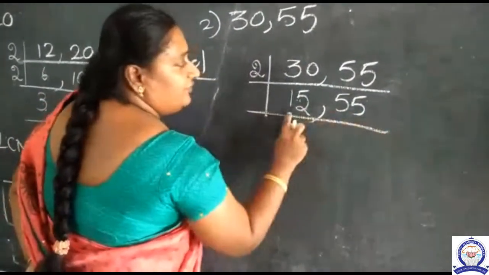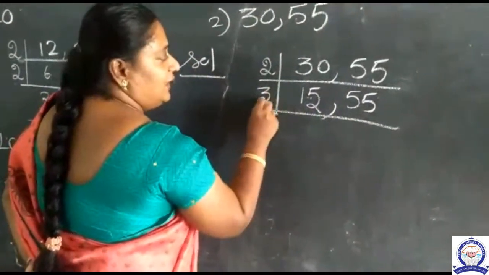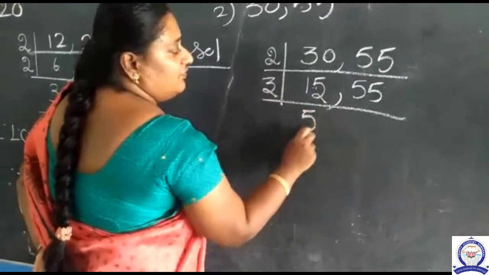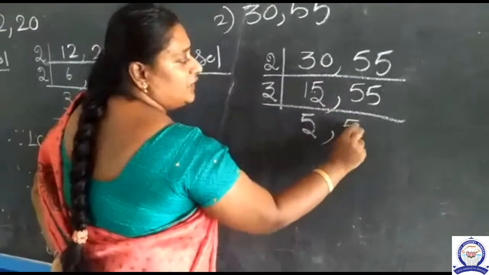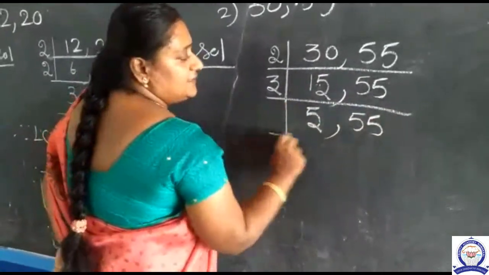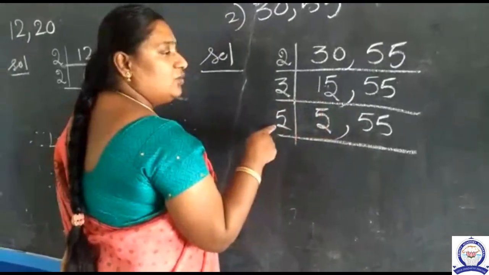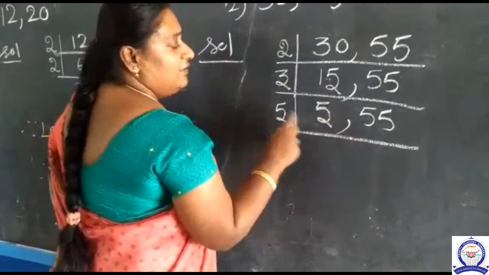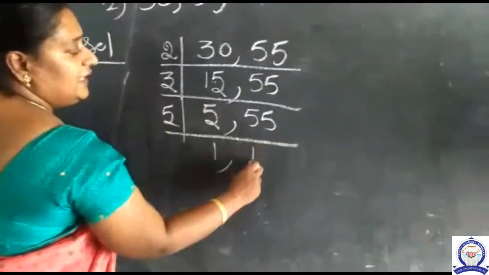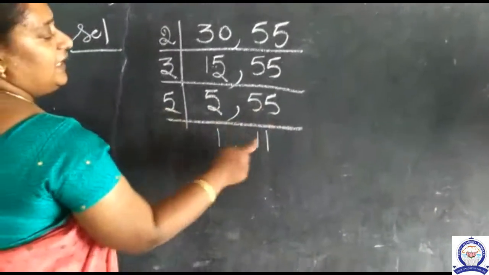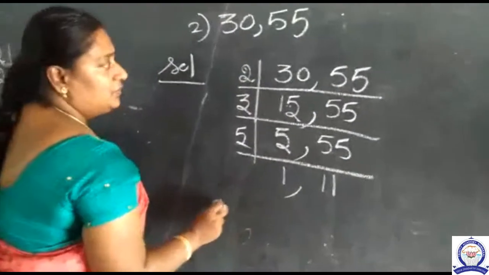Okay. Next, 15 comma 55 are odd numbers. So start with 3 table. 3 5s are 15. In 3 table 55 won't come, so keep it as such. Next 5 table, since 4 table doesn't give 5 or 55. So we are going for 5 table. 5 1s are 5. 5 11s are 55. That's all. So 11 is on the 11 table. So stop up to this.